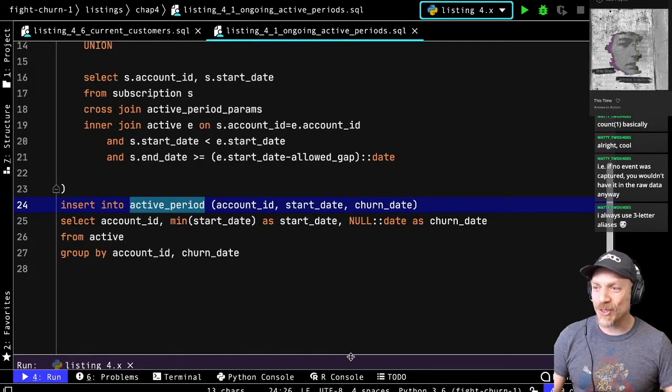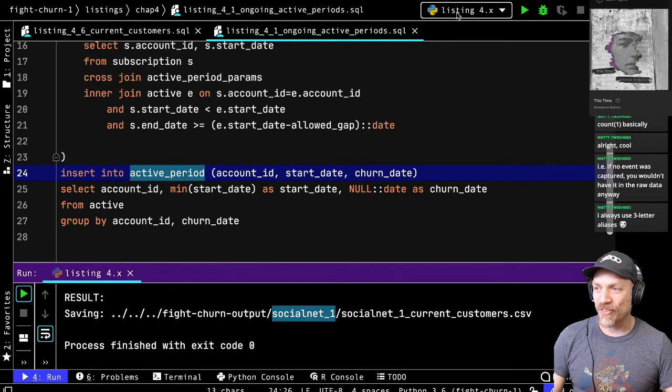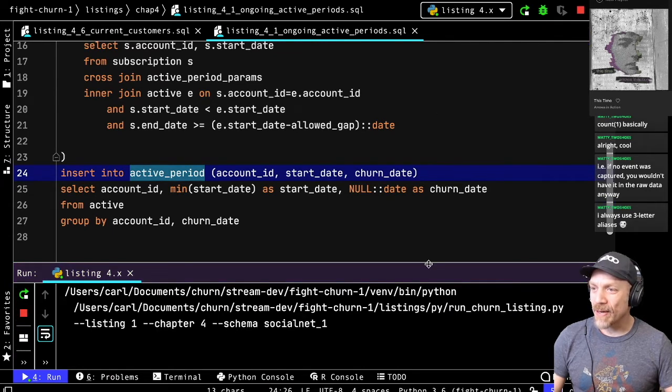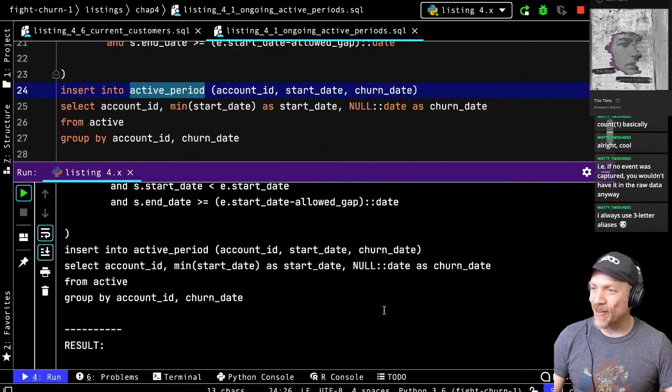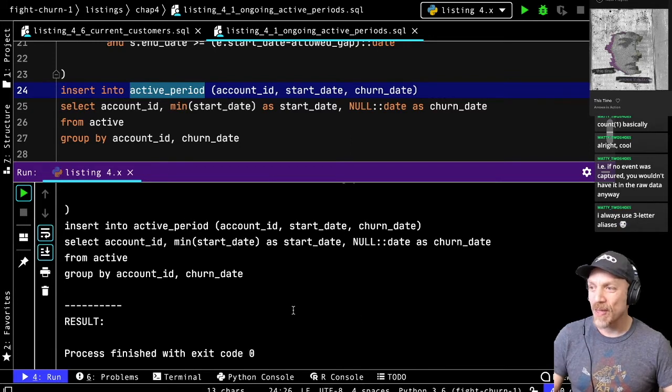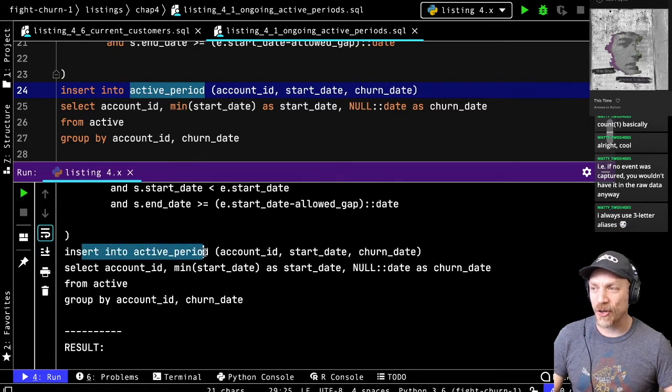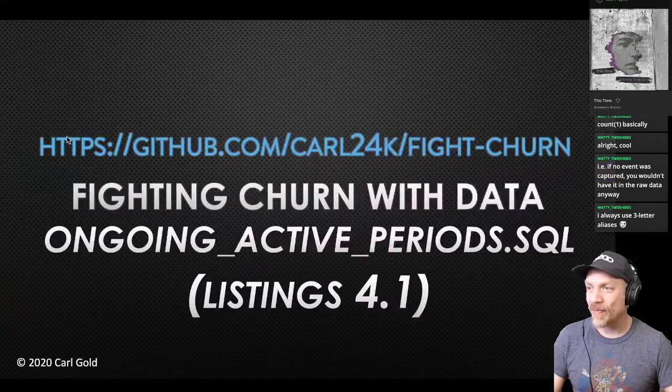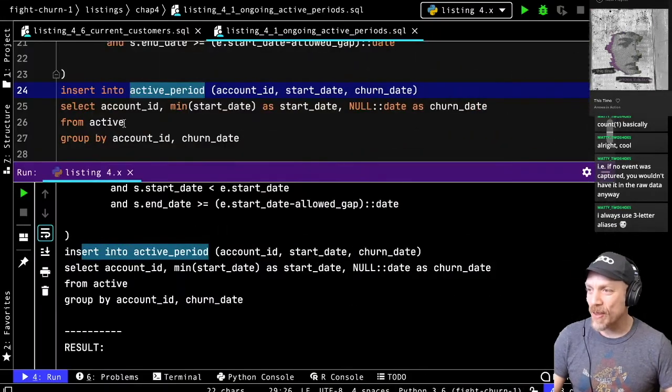So let's just run this and then look at the result. It doesn't take that long. Yeah, it already ran, but how do we know anything happened? That's the question. So this was supposed to be an insert. So we're going to go to the active period table, and actually, hold on. I want to get one thing first.